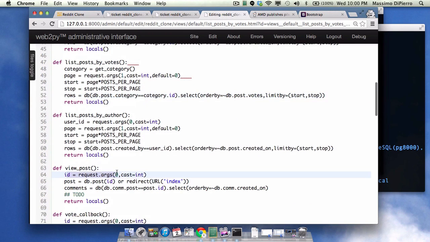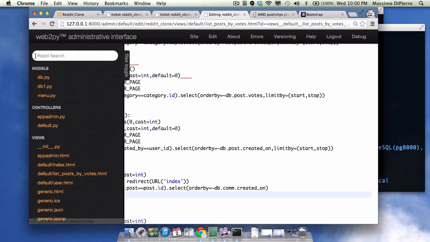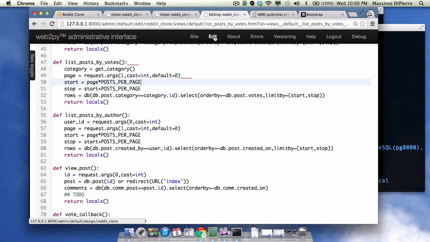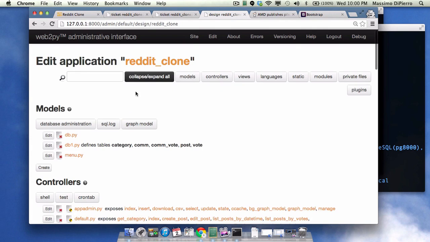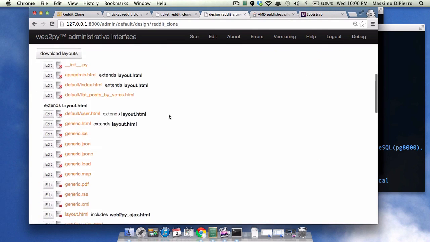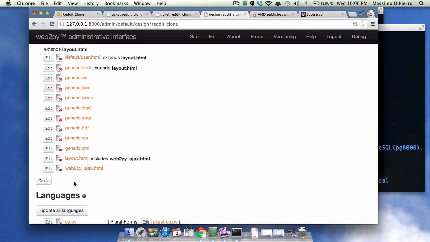So view post retrieves the ID, retrieves the post from the ID, retrieves all the comments, and so we have these two variables, post and comments, that we basically need to display in the view. So we need a new view called default post view HTML,